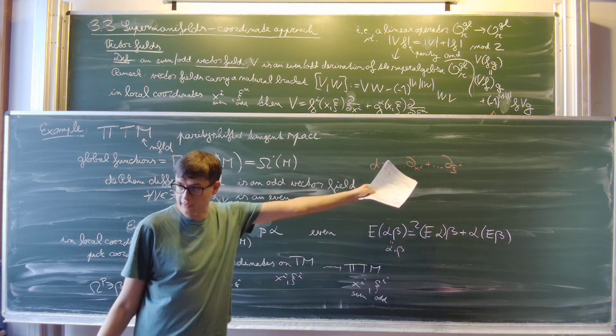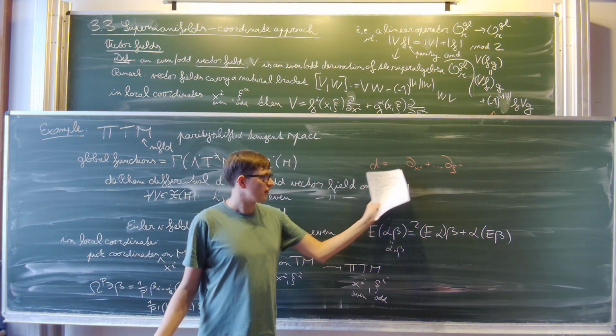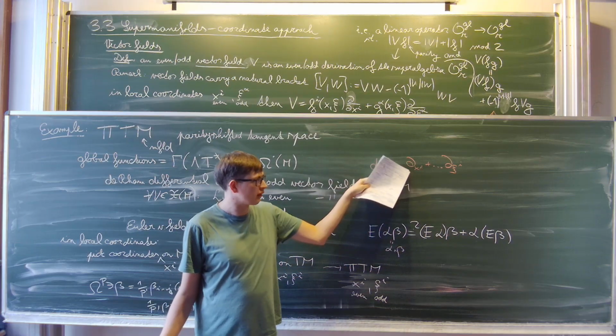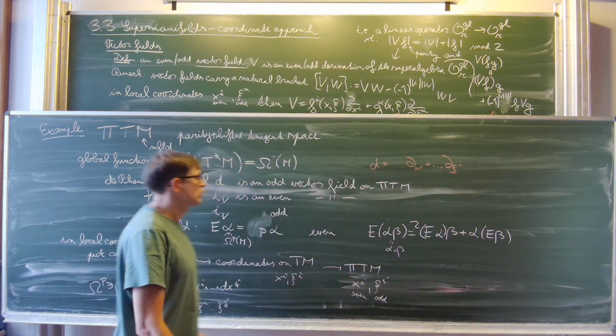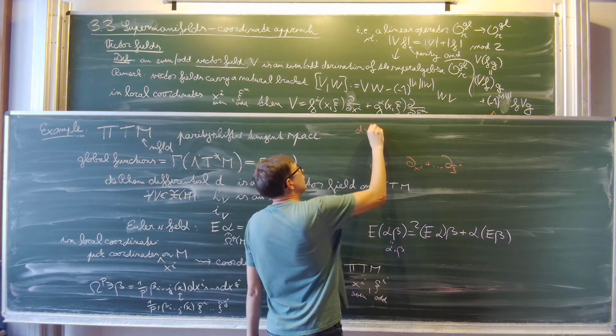How do we determine what's in there? You look at how this acts on the generators: how it acts on the x's, then you know what this bit is, and how it acts on the xi's. So how does this d act on the x's? Well, if you hit x with d,